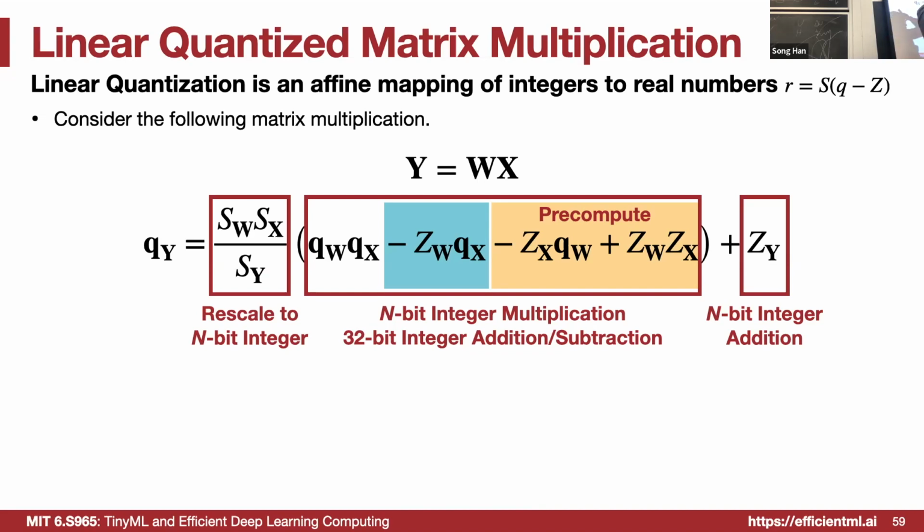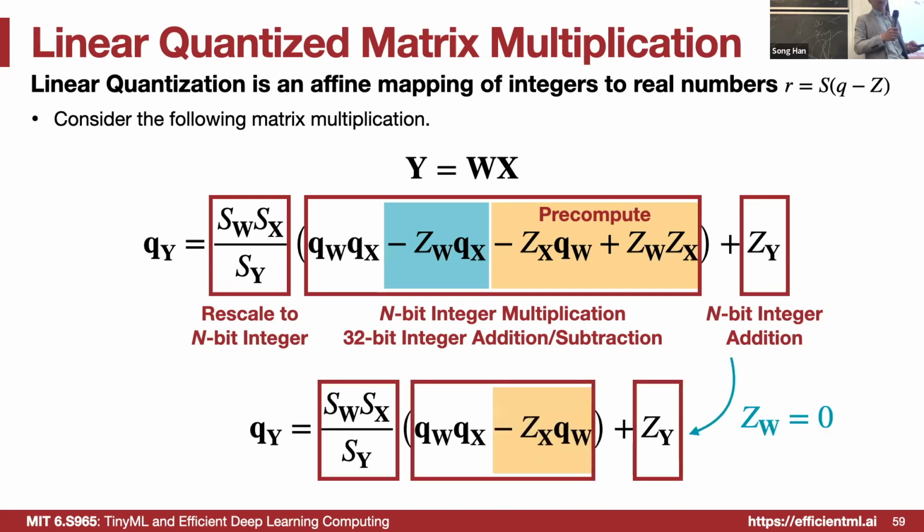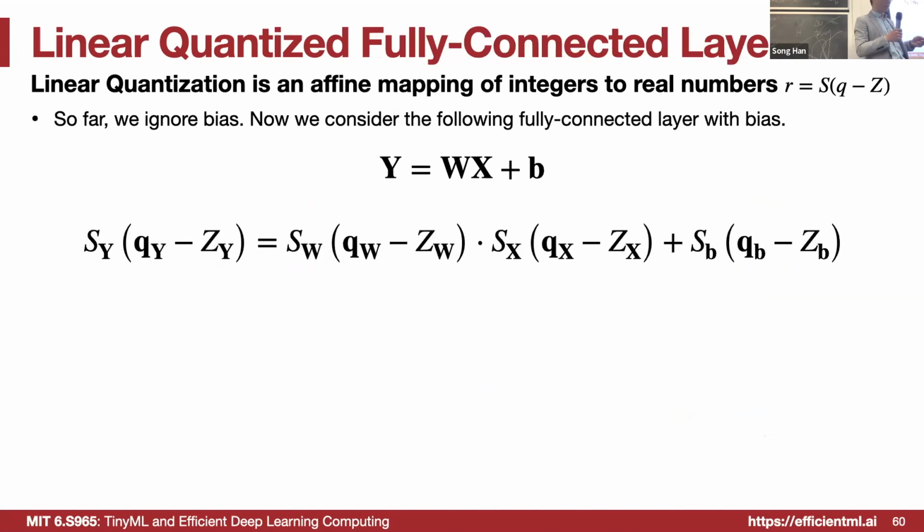And also for the activation, no matter what it is, since it's dynamic, we can get rid of that term, which will simplify our equation to be this scaling factor of weight, activation, and the output. And we also have the additional zero point for the Y, so we can have this term. Okay. So now we have only